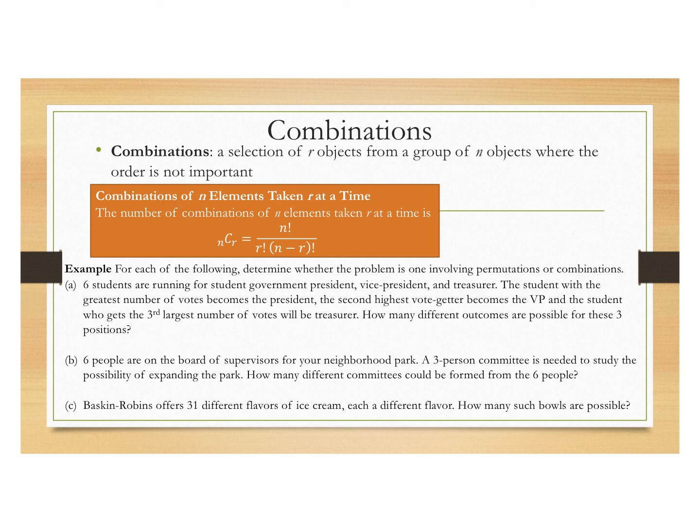When we refer to combinations, we're talking about a selection of objects from a group of n objects where the order is not important. So the combinations of n elements taking r at a time, we use nCr, which we discussed with binomial expansion, which remember is just n factorial over r factorial times n minus r factorial. Okay, so n is the total number of elements, and r is how many you are selecting. Okay, so if we look at our first example,